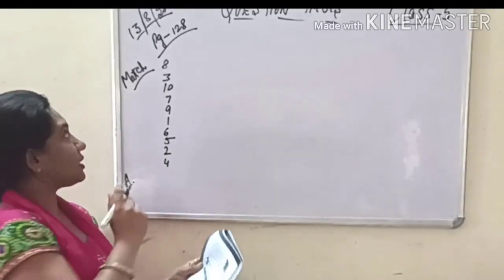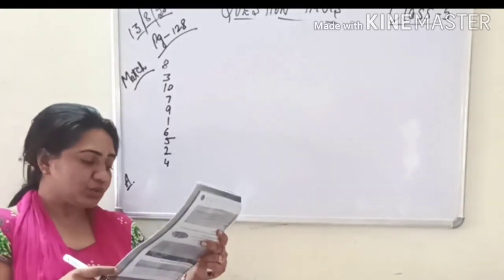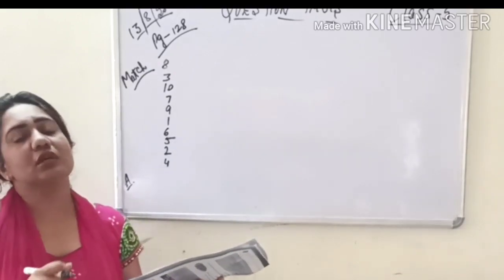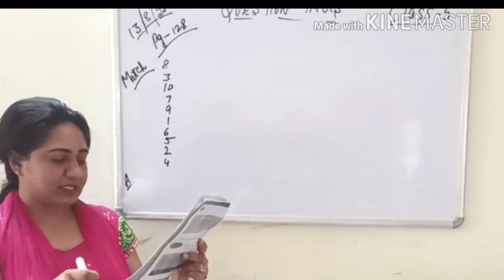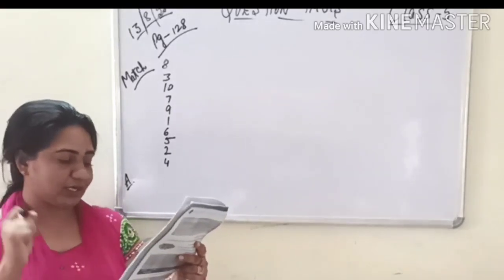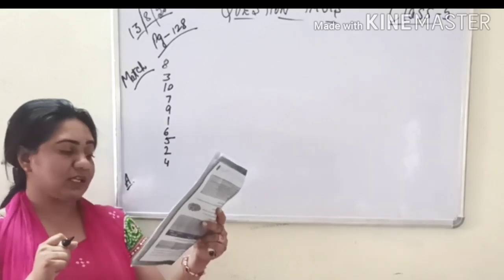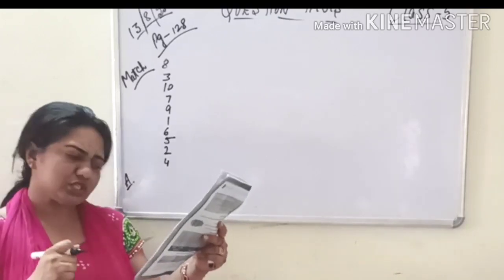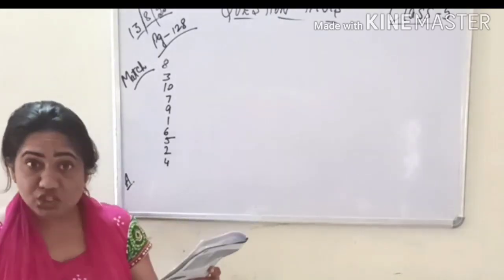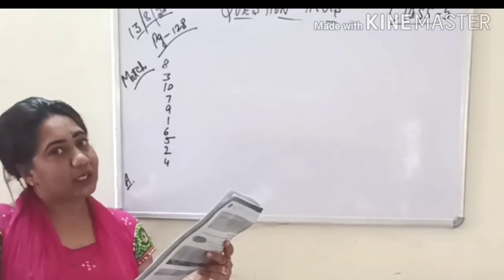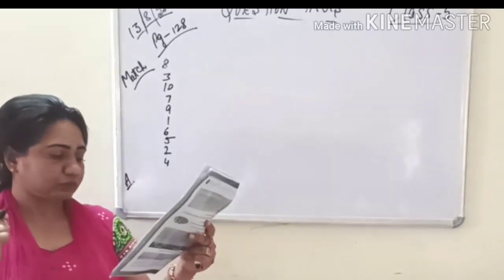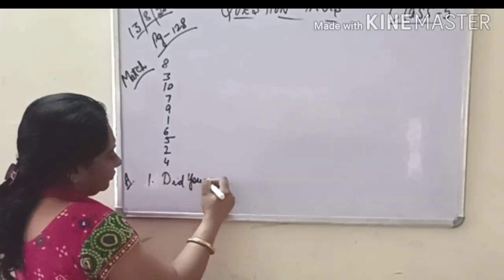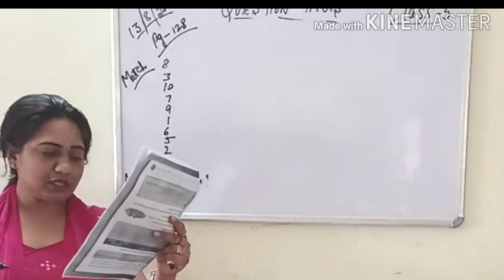Next you have exercise A on the same page. Choose the correct question tag for each of these sentences. Simply choose a question tag for each sentence from the two options they have given you. So let's try it out. You did not sell your bicycle. Now it is negative, so we have to go with the opposite one. You did not, so it will be did you. Put a tick on the option did you. I will write here did you plus your question mark.